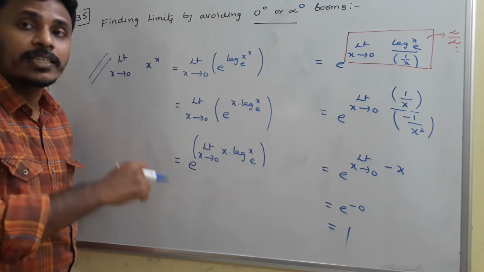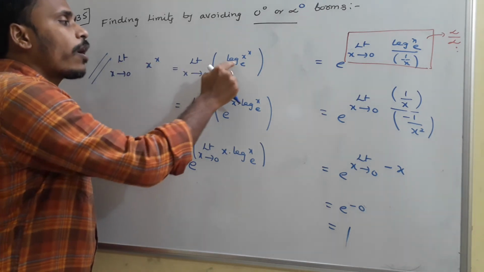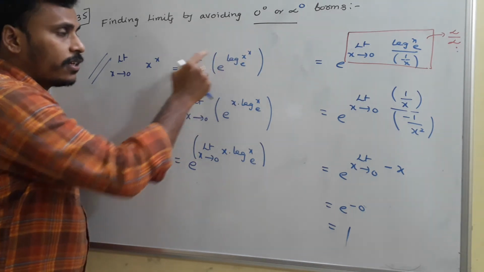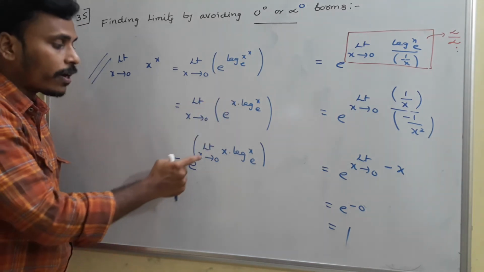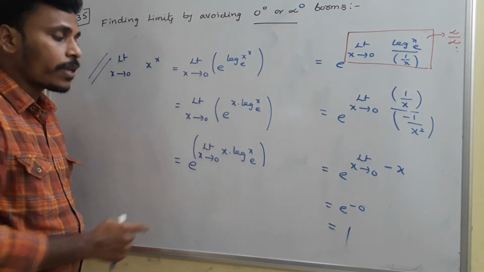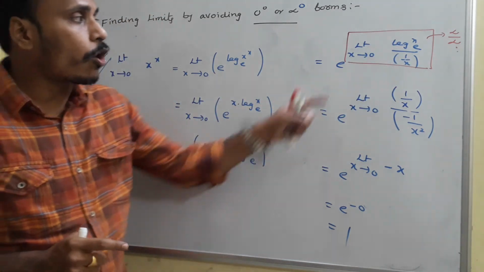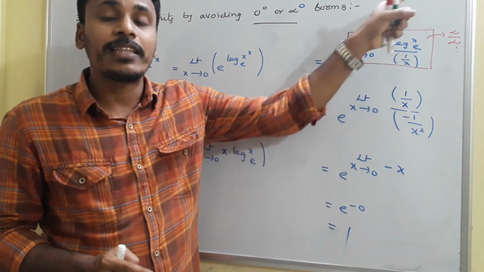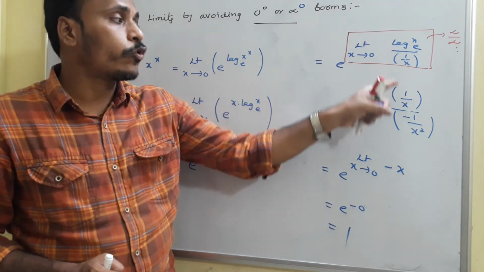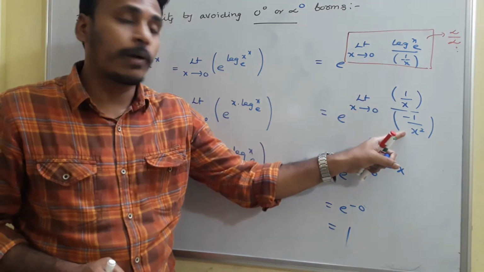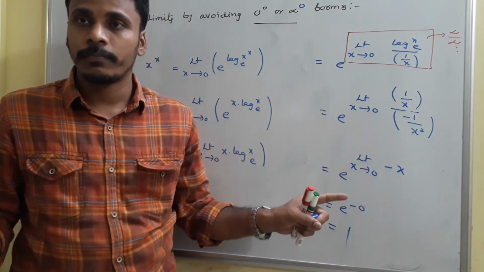So how did we solve it? Just by using logarithms. First of all, replace x power x with e power log x power x base e. Then send this x here, so x log x base e. Then send the limit to the power. So e power limit x tends to 0 x log x base e. And here just rewrite this as log x base e by 1 by x. Now if you apply the limit for this power, it is in the form of infinity by infinity, which is indeterminate. So use L'Hospital's rule. The derivative of the numerator is 1 by x, the derivative of the denominator is minus 1 by x square. On solving this, you will get minus x, and your answer at the end is 1. Just have a look.